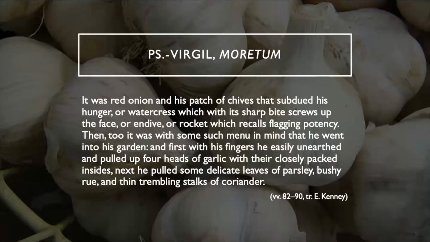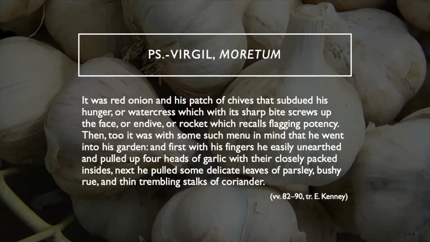Scholarly attention has really been sidetracked by the frequent observation that there's just so much garlic here, four heads of garlic. There are also notes on the reminiscences of Tityrus in Virgil's Eclogue 1, in how he's having such a menu in mind. He's meditans, he's meditating in the same way that Tityrus had meditated the rustic muse.